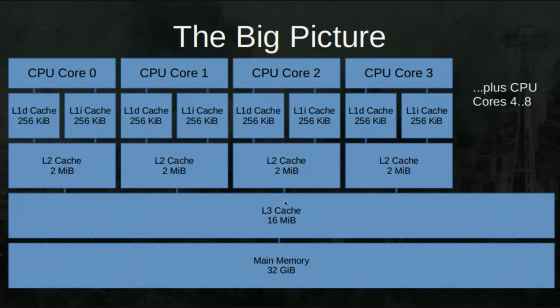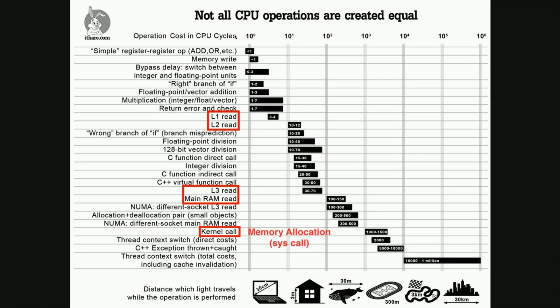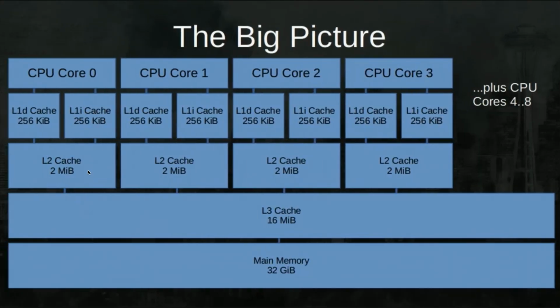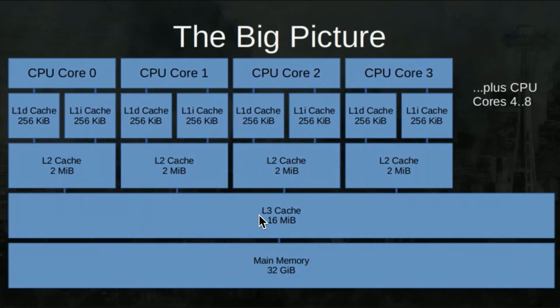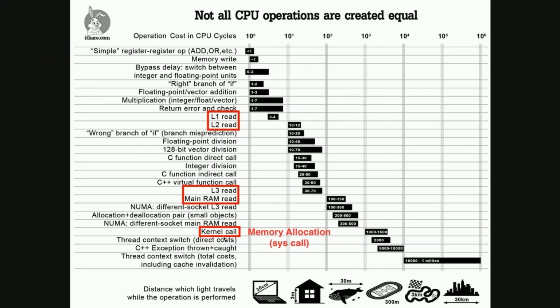And so what happens is not all CPU operations are created equal. On the scale of 10 times, 100 times, and 1,000 times, math operations happen really, really fast in a CPU. Then accessing the L1 and L2 caches, let's say it's 10 times. Then when you go to L3 and main memory, it's 10 times slower. And then when you try to call memory allocation, these are called system calls, like kernel calls, it's